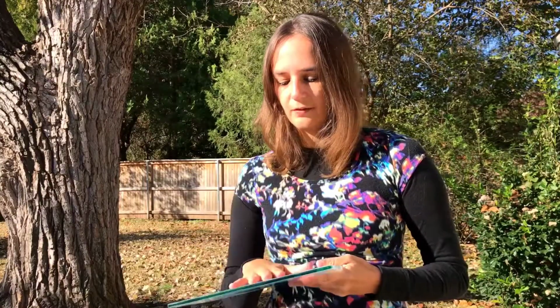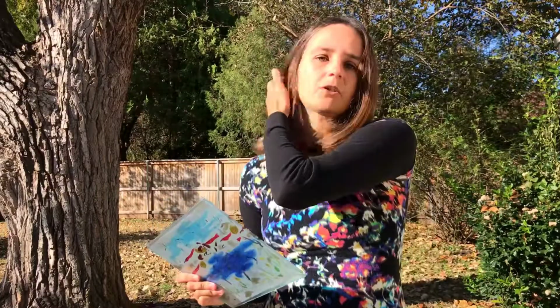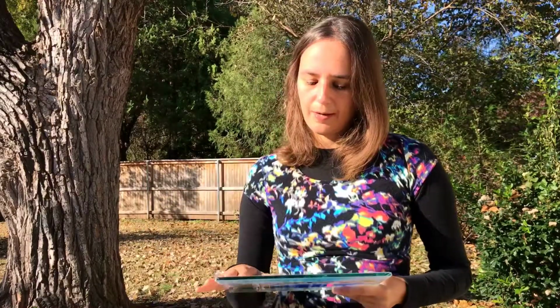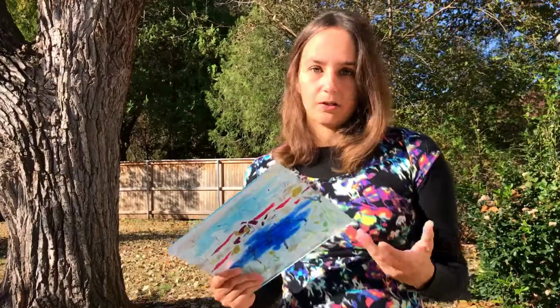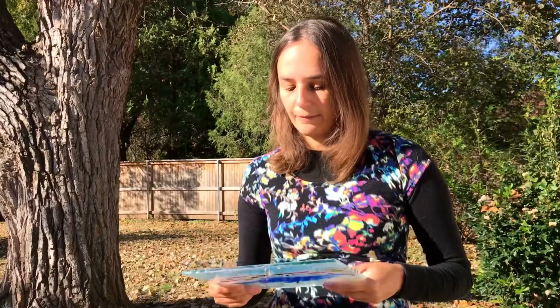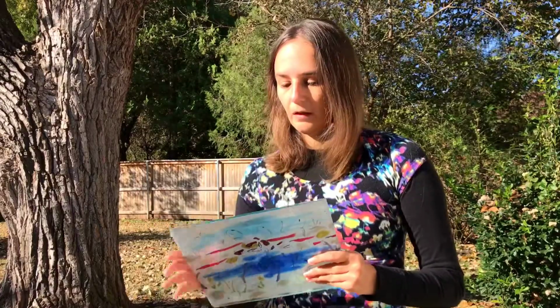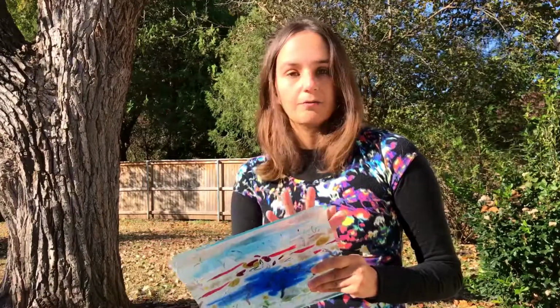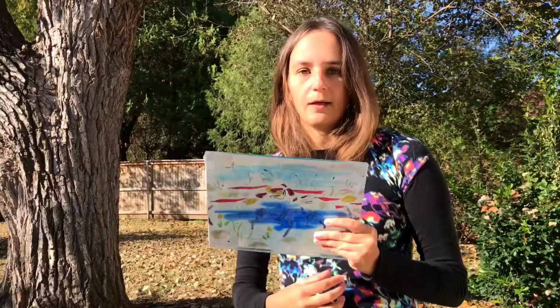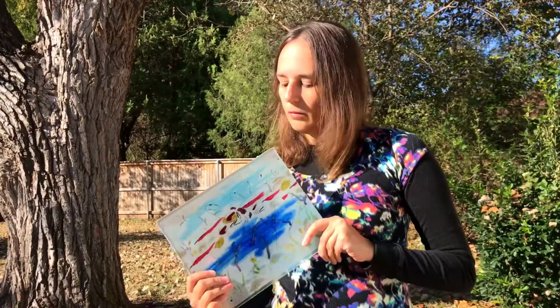And I'm not sure if I'd want to offer this sort of thing for sale yet, because I'm not sure how sturdy this is. So if you're an artist who sells your work, that might be something to try to figure out. I'll definitely be testing this. But one option could be to get another piece of glass on the back and sandwich it in there, sort of like a float frame, and then get a frame with no back, just the outside part of the frame to hang in your window or whatever, and that would hold the